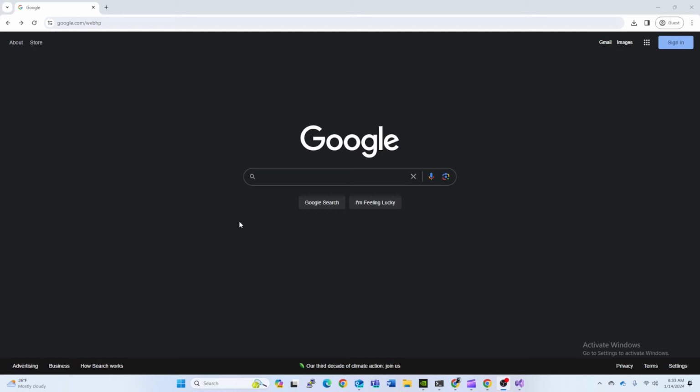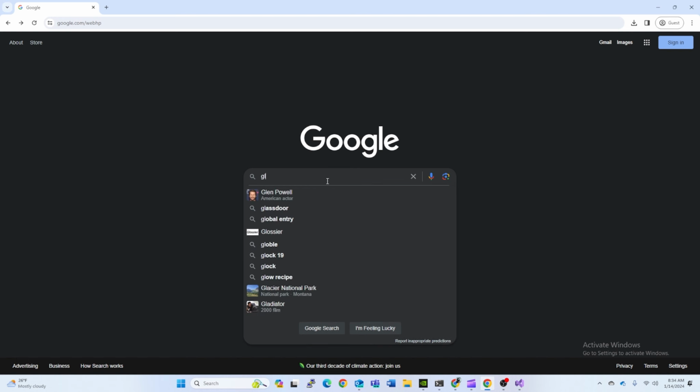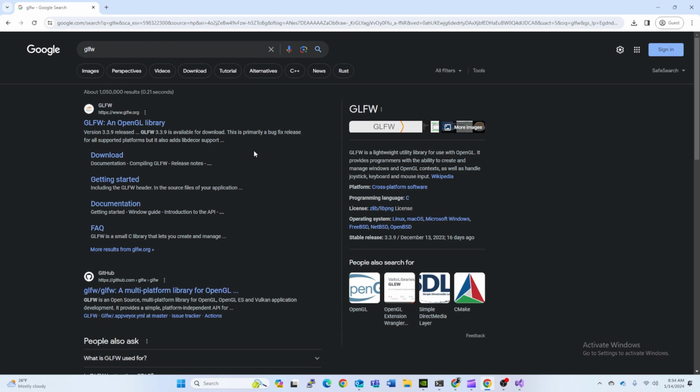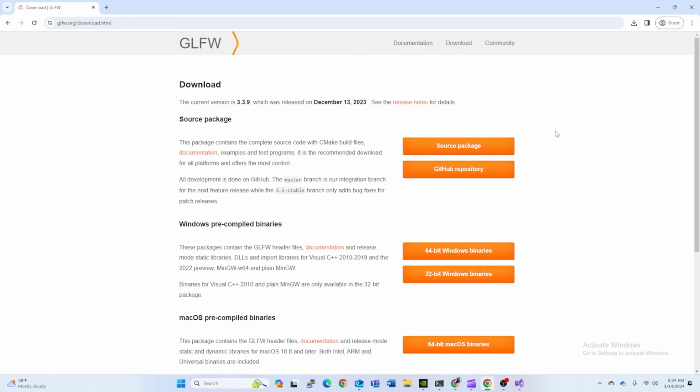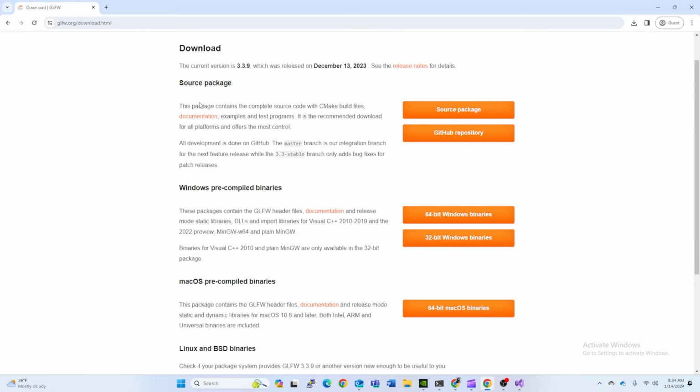In order to download GLFW, which is an OpenGL library, we go to Google and search for it, GLFW, enter, and here on the top we have glfw.org. Click on that, then we go to the download tab here, and here we have source package, Windows precompiled binaries, Mac and Linux binaries,